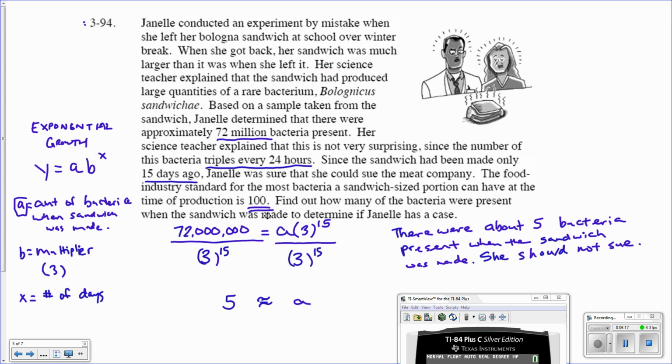All right, so problem 3-94. I know this one was a lot of fun, a lot of reading, wore me out. Anyway, there's about 5 bacteria